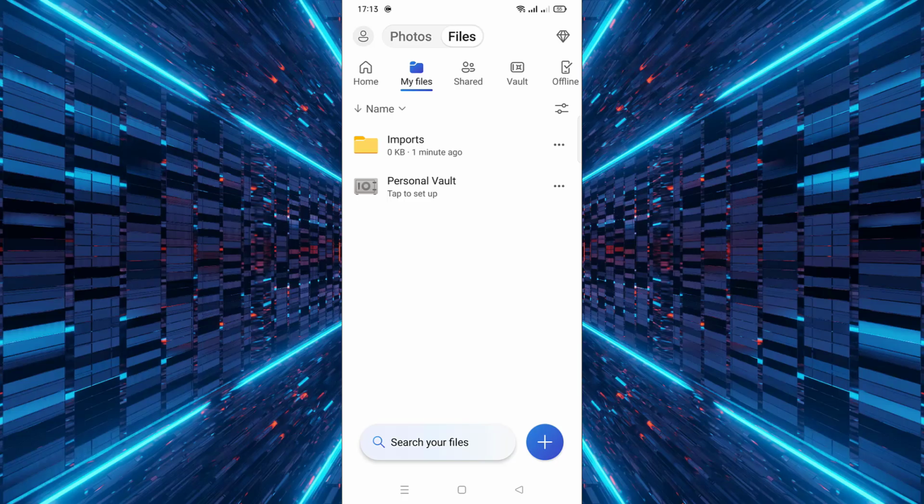This method is a great way to keep your cloud storage organized by transferring files between Google Drive and OneDrive on your Android phone